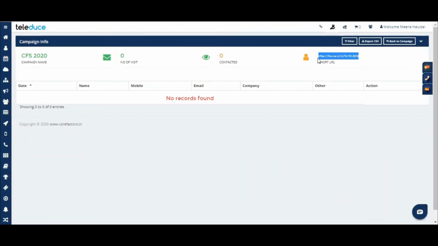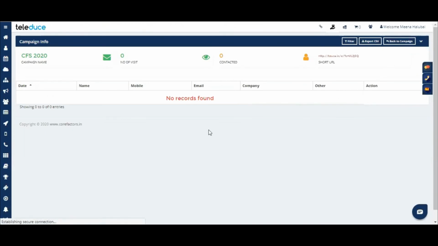Whoever has clicked on this link, the count of the number of visits will be shown over here, and whoever has filled that form will also be calculated here. Here you will get the form-filled information, like what date and time they filled the form, the name, mobile number, email ID, the company they have been trying to contact you from, and the other information and the actions you can take will be visible for you.